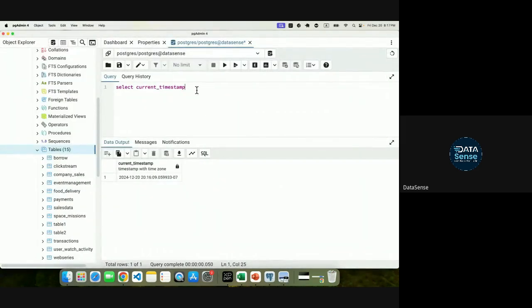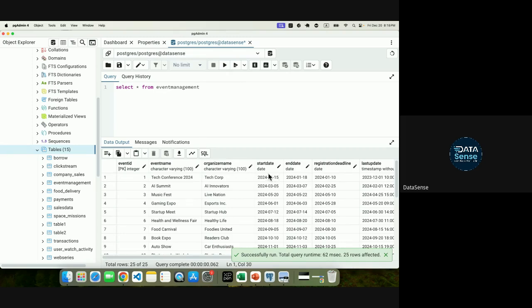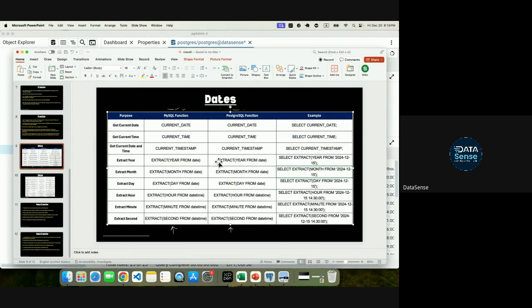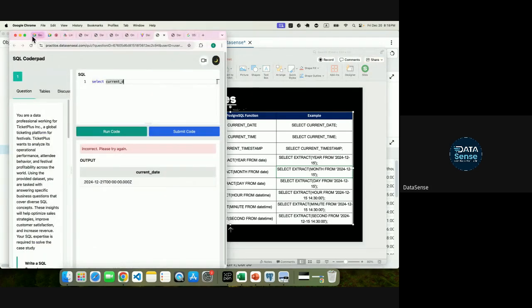So let's say we have this particular table. Select star from event management. Okay. So let's take this variable start date. Suppose I want the year from this start date. So how will I do that? See, there's a simple format. You first need to use extract, and then from date. So what is the format of this? The format will look like,